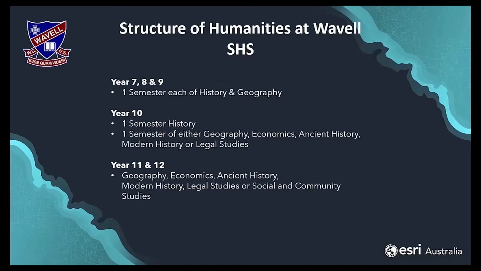So really quickly, before I do hand over to Brett, the structure of the humanities subjects at Wavell State High School is as follows. In Year 7, 8 and 9, classes experience one semester of history followed by one semester of geography. In Year 10, they have one semester of history, and then in the second semester they can choose from either geography, economics, ancient history, modern history, or legal studies. And this is really about preparing them for senior geography or senior ancient history, depending on the stream they choose,